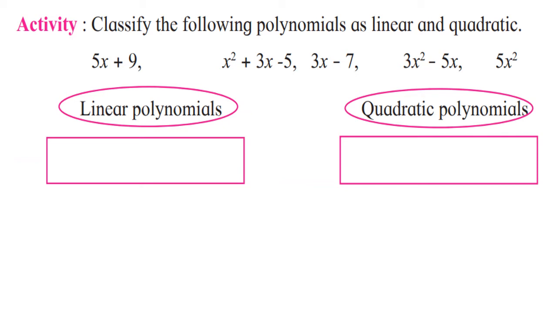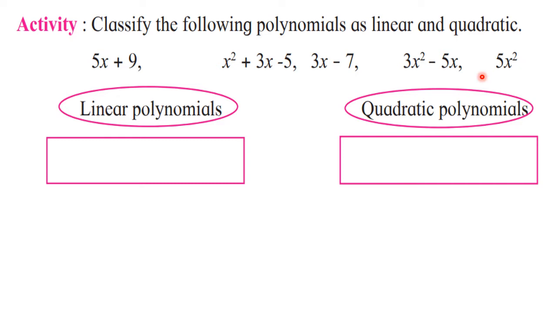So to understand the meaning of quadratic equations, let us do one activity. Last year in 9th standard you have studied polynomials in chapter 3. Here you can see polynomials. Polynomials means what? Algebraic expressions. Here we have certain terms, and we have seen that polynomials can be of one variable also, and they can be of two variables also. But now here we are strictly going to see the polynomial with one variable.